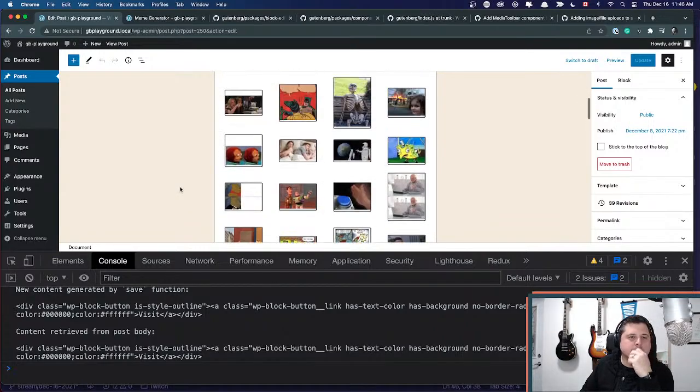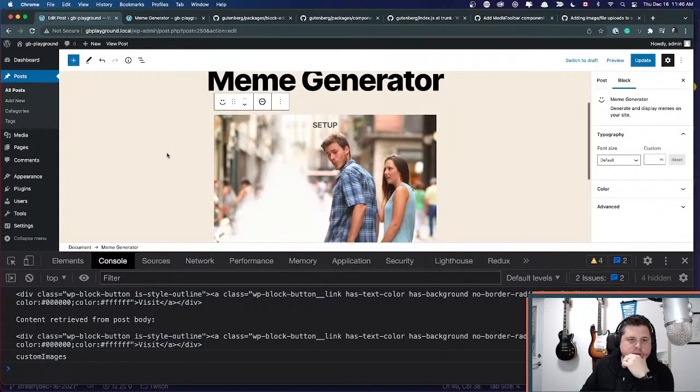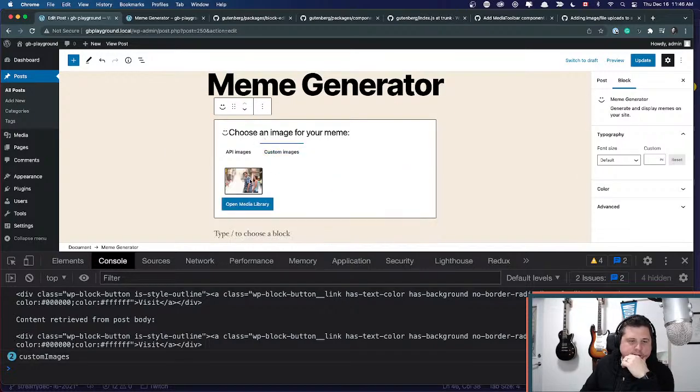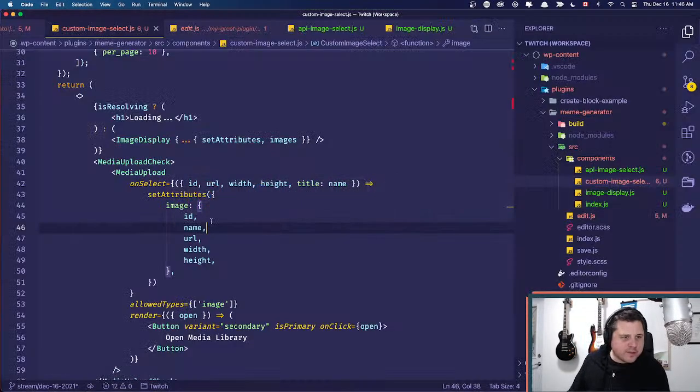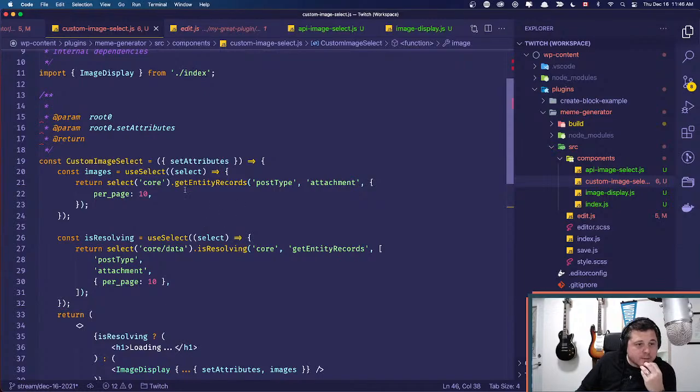So let's see. All right, cool. So I'm going to go custom images. So I want to use this image. Sweet. I'm going to get rid of that. Come back to custom images. Now I have a list of all the images. Awesome. So the other thing that I need to get now is I want to know what the